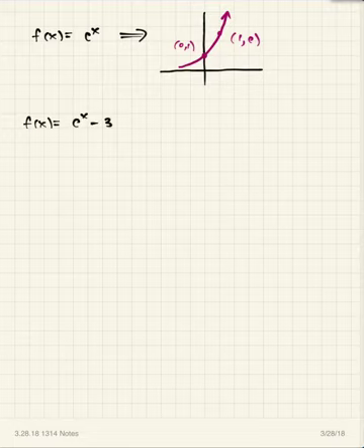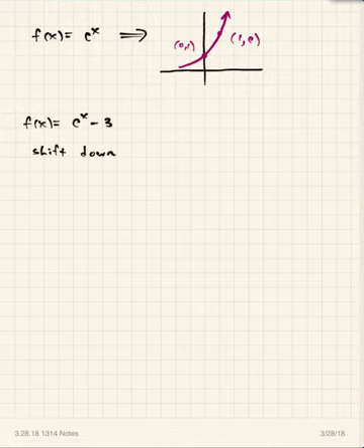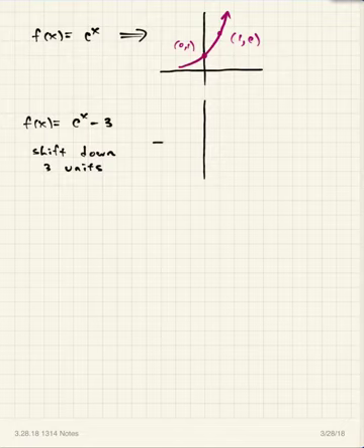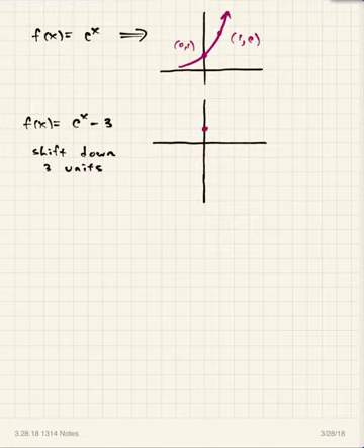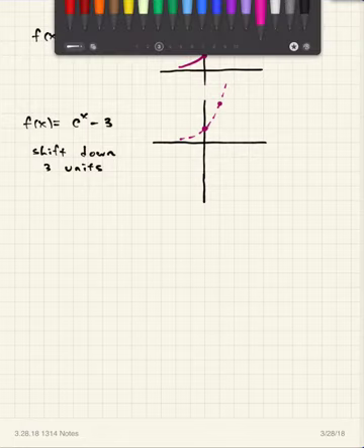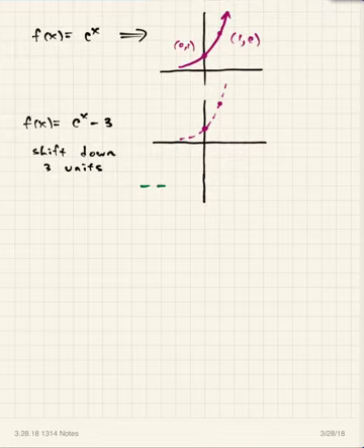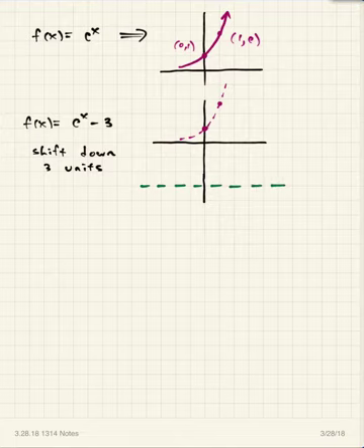e to the x minus 3. If you subtract 3 from e to the x, using what we know about transformations, this would be a shift down 3 units. So here's e to the x. It goes through 0, 1, and 1, e, right about in there. It's this growth curve, and I'm going to make this a dashed graph because that's not our final graph. Our final graph is that graph shifted down 3 units. Now I would definitely sketch in the asymptote, because the asymptote is going to shift down 3 units. That asymptote is on the x-axis, so it shifts down 3, and then we get our graph